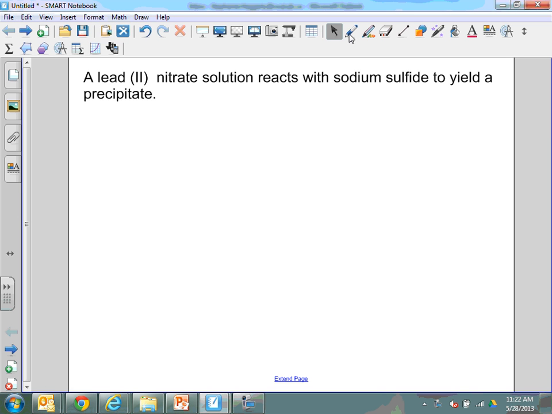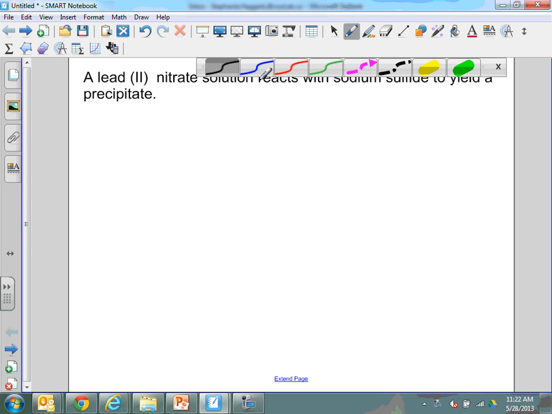For net ionic equations, there's always 3 steps. The first step is start with your reaction equation. So just as if you were doing any other problem where we had to write this out in a balanced reaction equation. So I've got lead 2 nitrate, which is